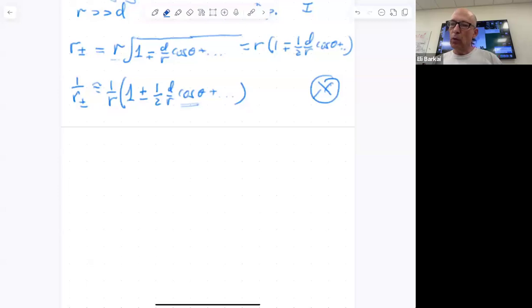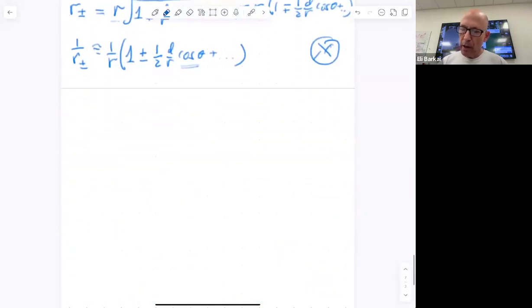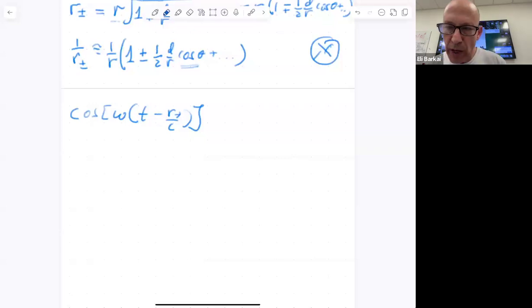Okay, so now what do I really need to do? I go back here and I have this cosine in the retarded time. Let us look at this cosine in the retarded time, for example, for the r plus. So we need this cosine of omega t minus r plus over c, and we need to approximate it based on the assumption that we had before. So what is this? Let us write it first down explicitly with r plus, with this